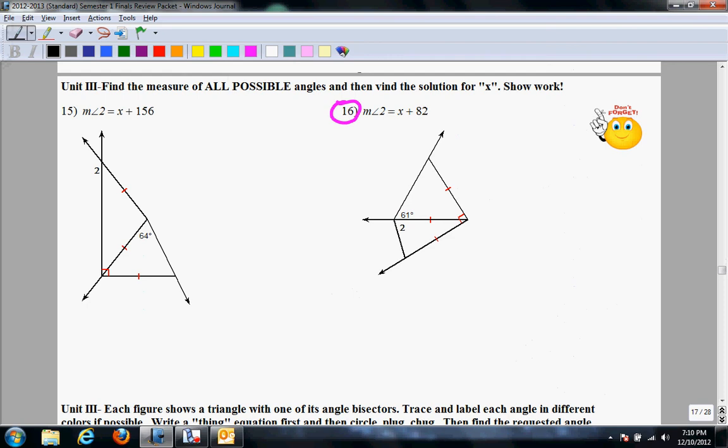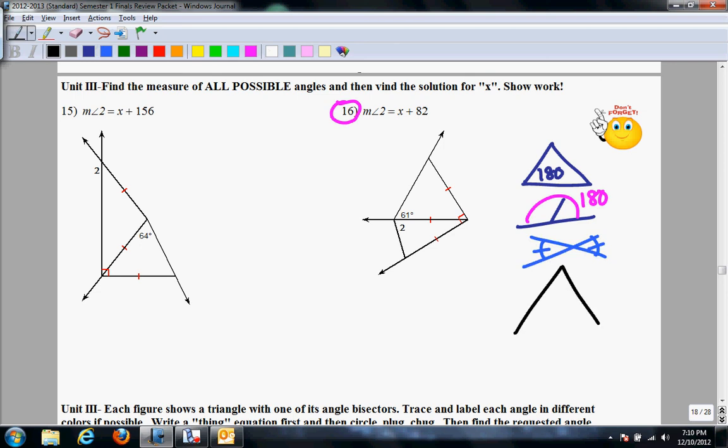Number 16, we have one more layer that you need to watch out for. So the original things in the other problem was to watch out for triangles add up to 180. Second thing was to watch out for linear pairs that add up to 180. Third thing was vertical angles, which are congruent. Now we're going to add one more, and that is when you have two equal sides, you have two equal